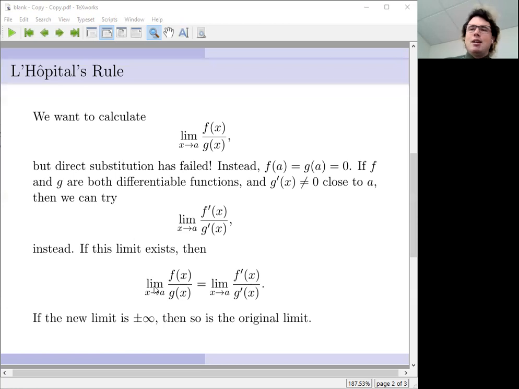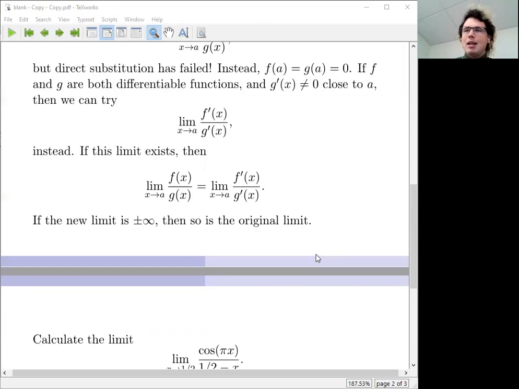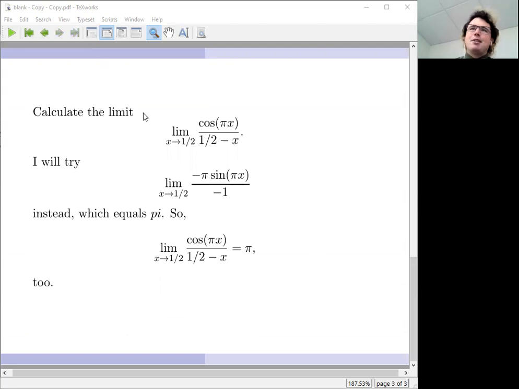And if this new limit still has my problem, my 0 over 0 situation, then I just have to take a derivative a second time. And eventually, I might get to something I can actually compute. So let's take a look at this